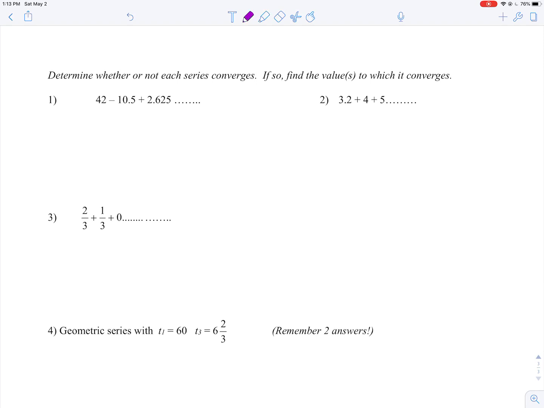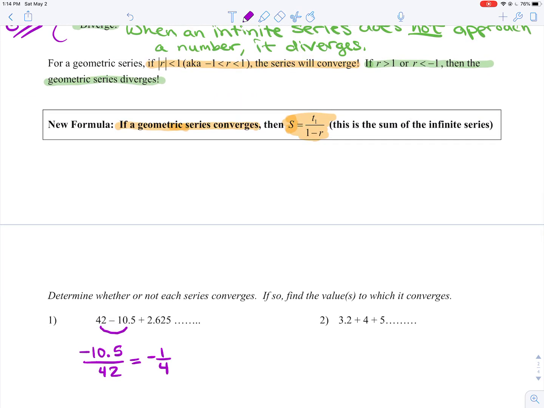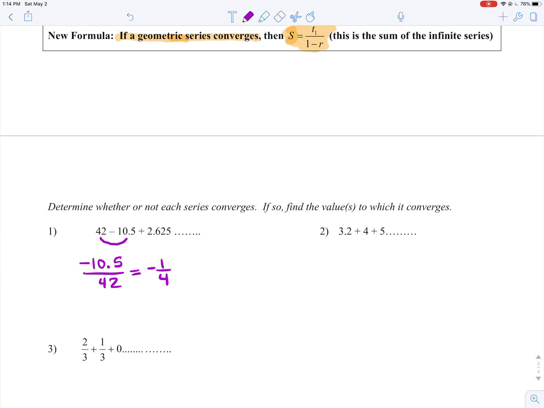So let's do some examples. Determine whether or not each series converges. If so, find the values to which it converges. So if we look at this first problem, we have to find our ratio. So we're going to do negative 10.5 divided by 42, which equals negative 1/4. And so if we look back above our new formula, because our r is between negative 1 and 1,